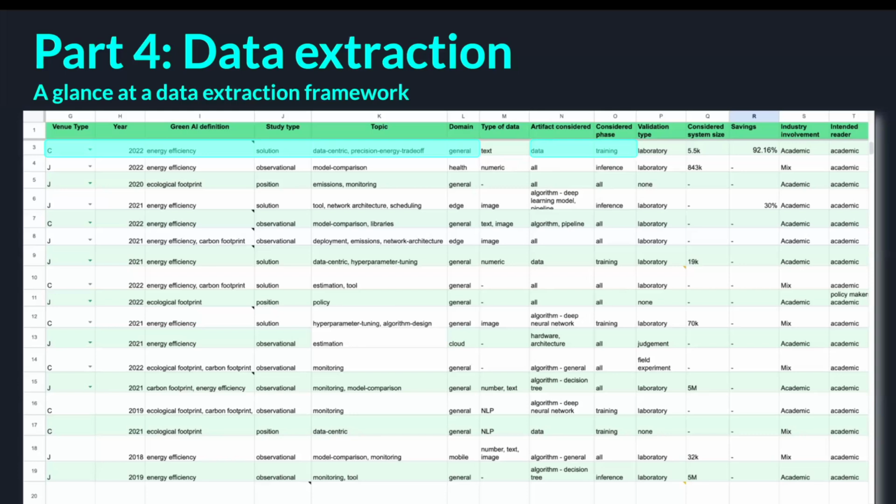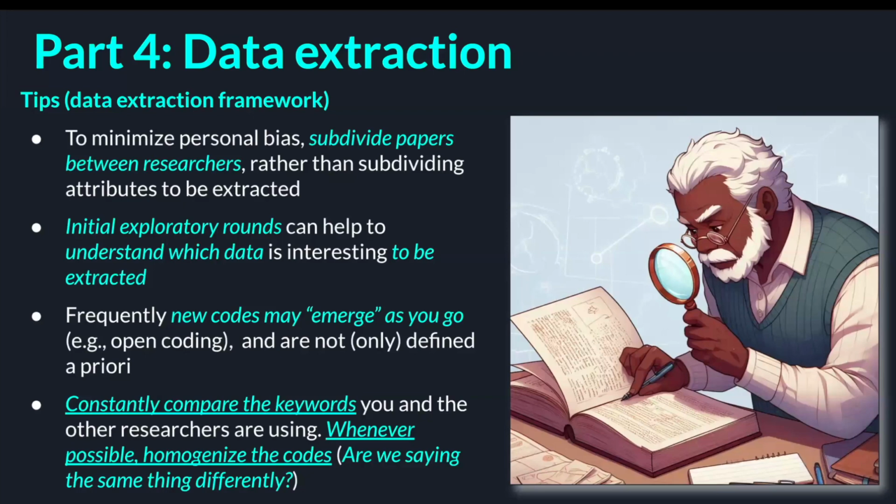And then maybe the topic, the labels there, which are separated by comma space, came from an open coding. So we didn't have the list at the start saying this is going to be the term data-centric. We just found at some point that, hey, this is important, we should include this. And then from there on, we had this new label to attach, went back to the old papers. We looked if it was anything data-centric and so on. And this is a bit the process of data extraction, right?